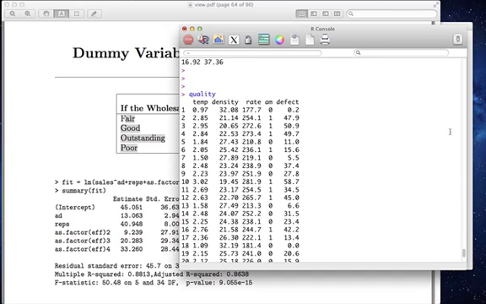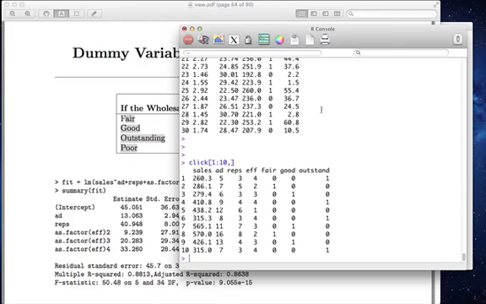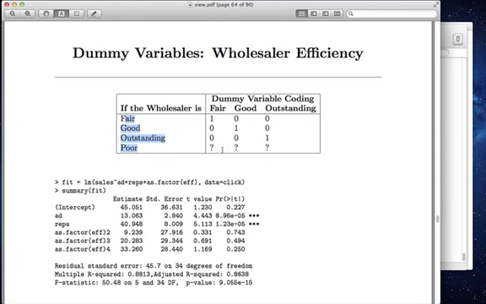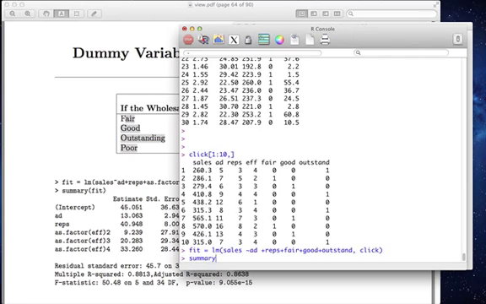So if we go look at that data set, click, and let's just look at the first 10 observations, you're going to see that I've already hard-coded 3 dummies, fair, good, and outstanding, and this will do the trick for us. So we could regress sales on, let's include ads, reps, and then I'm going to include three of these dummies. So fair plus good plus outstanding. And if I do a summary on fit,